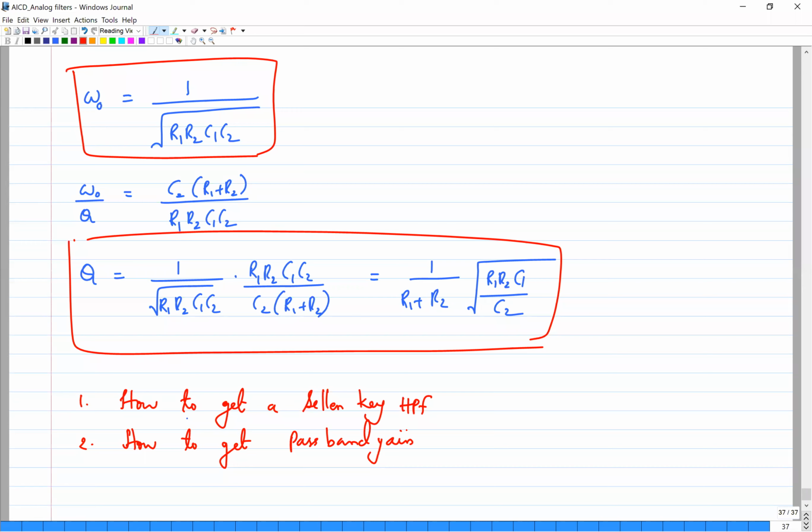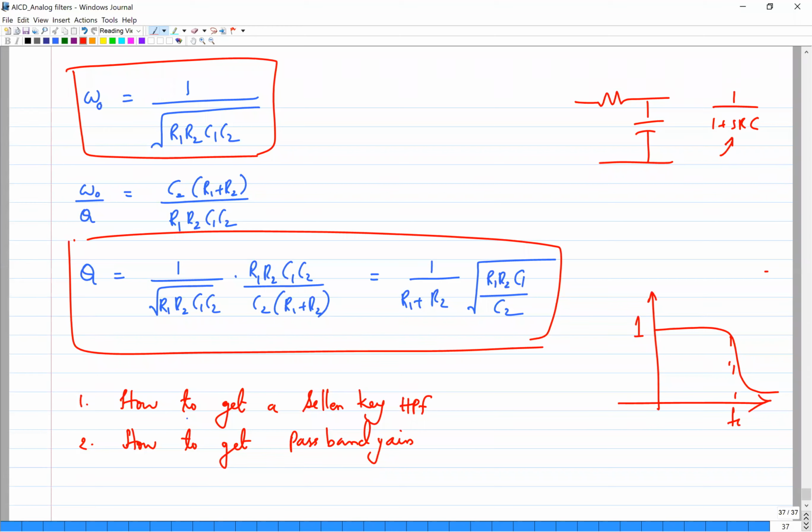So what is passband gain? Gain in the pass band. So if you have this as a low pass response with this as a cutoff frequency, and if you implement using passive filters, what I can expect is actually one. Say simple low pass filter explanation. Simple low pass filter is this, right? This is actually first order. Even in this first order, this 1 by 1 plus SRC is the transfer function. So for S equal to 0, your transfer function value is 1. That means the gain in the passband is 1 or lesser than 1, not more than 1. Right, that means there is no gain as such.